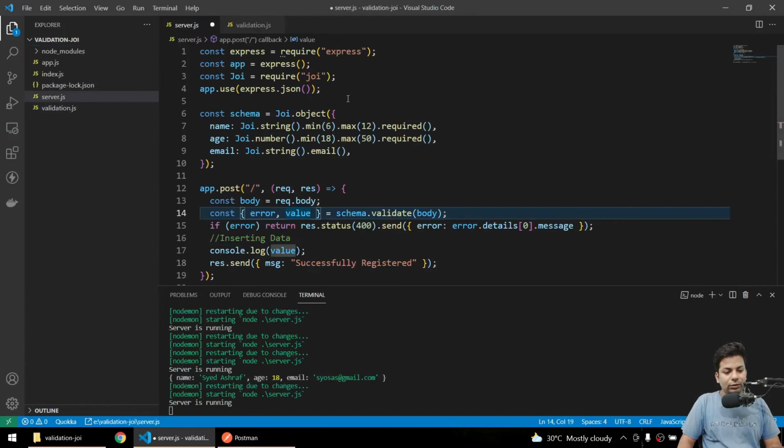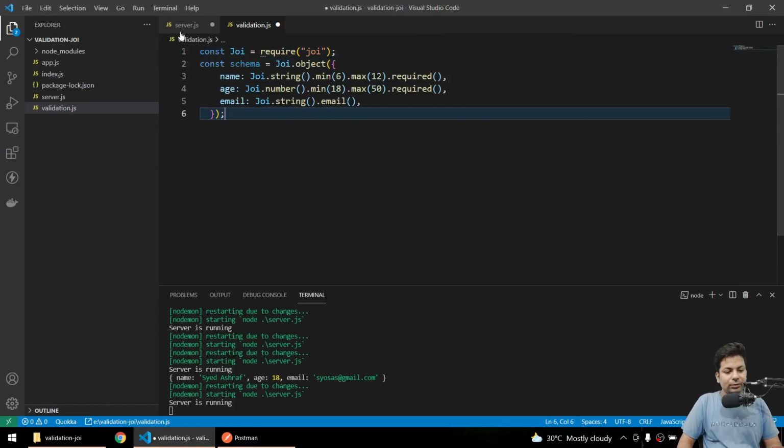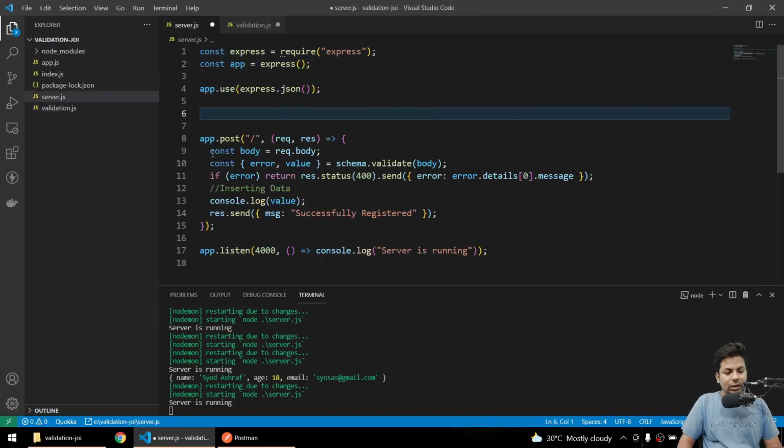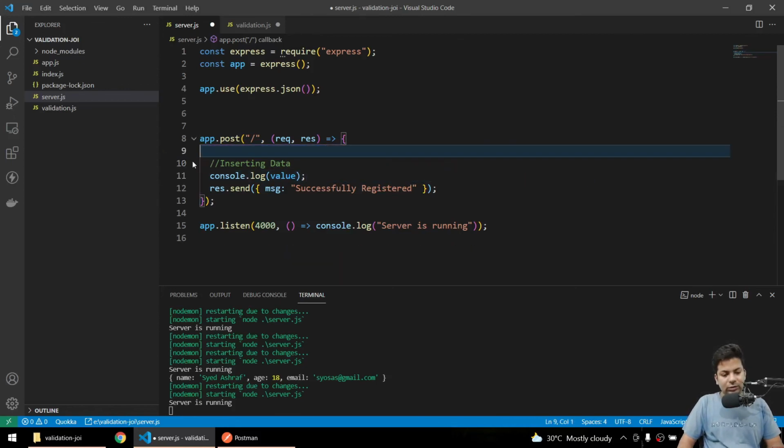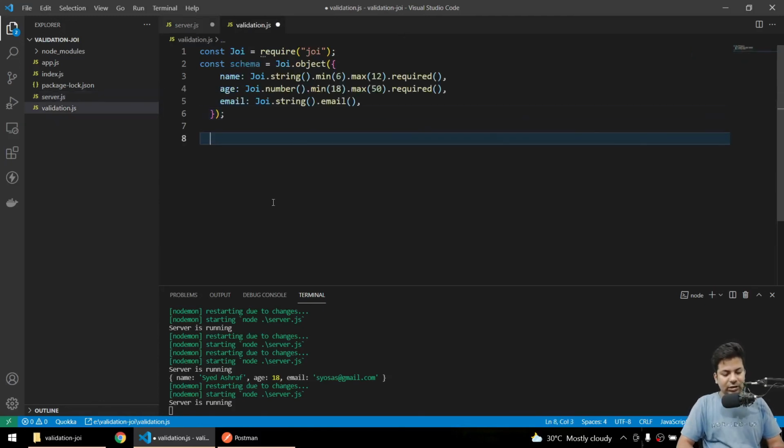Now firstly we'll remove this Joi, paste this schema also, and we can put all of this stuff here.